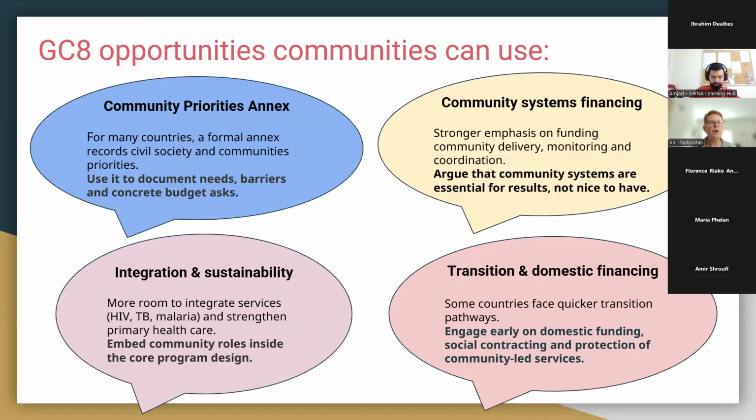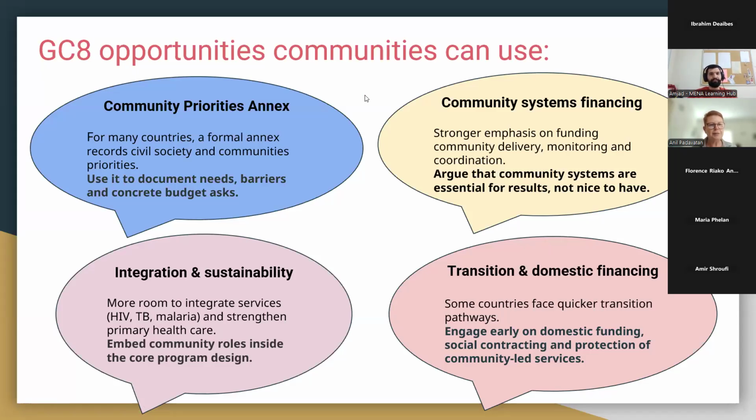So in this context of having less funding available, we really don't have any money to waste on programming that is not effective. Cost effective consists of two elements, cost and effectiveness. And we really need to look at what is effective, and community-led organizations and community activists need to be well prepared with all of the data that they need to show the effectiveness of the community responses and community priorities.